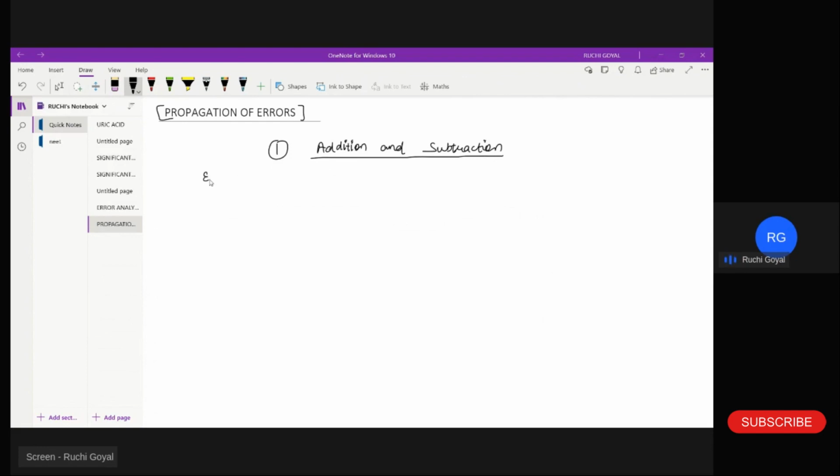In this, errors are always added. If we have addition, errors are added, and if we have subtraction, errors are also added. So in both cases, errors are always added. Firstly, we can see addition,